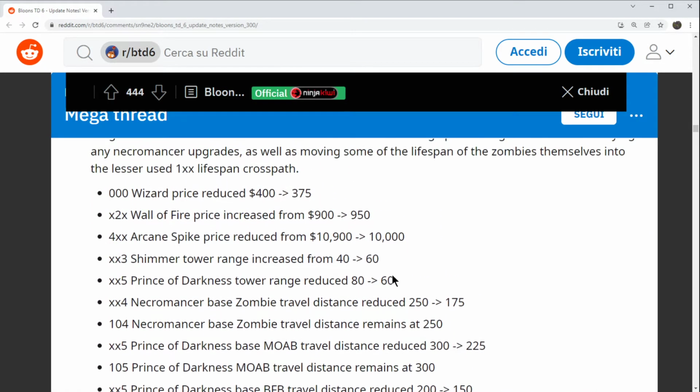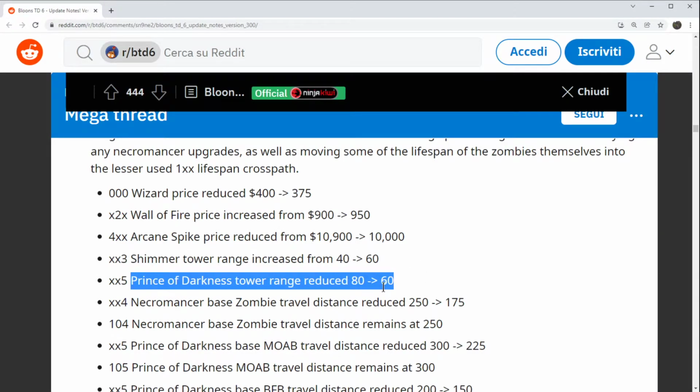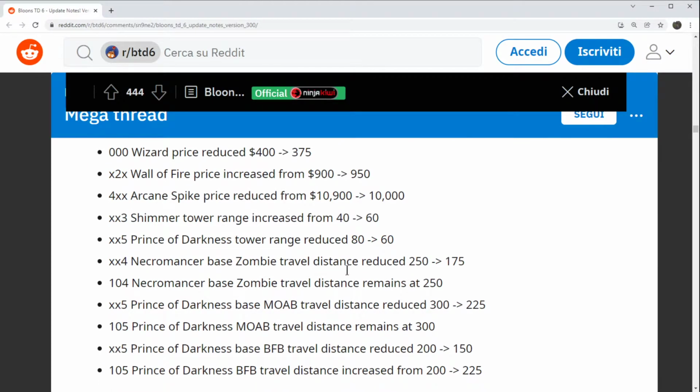Whizzer, again here, very nice. They are reducing even further the base cost, so that's super good. Wildfire, slightly more expensive, but not too much. Arcane Spike also less expensive. Shimmer has now more range, and Priest of Darkness has less range. And then here some